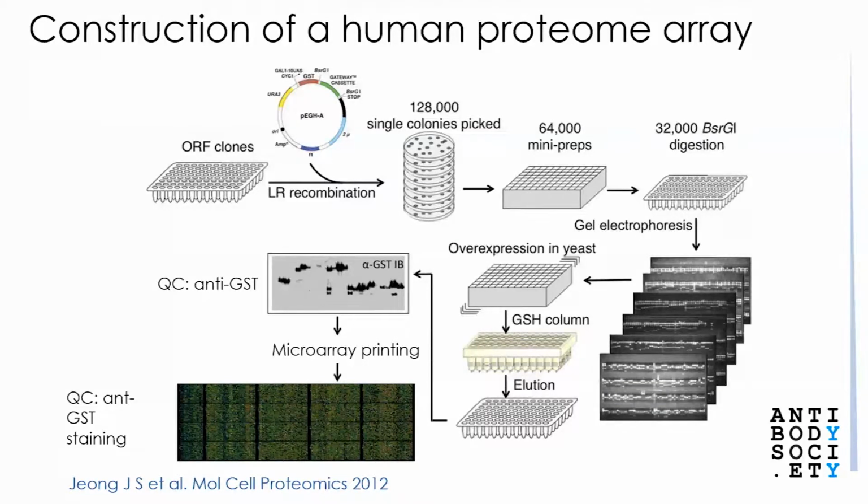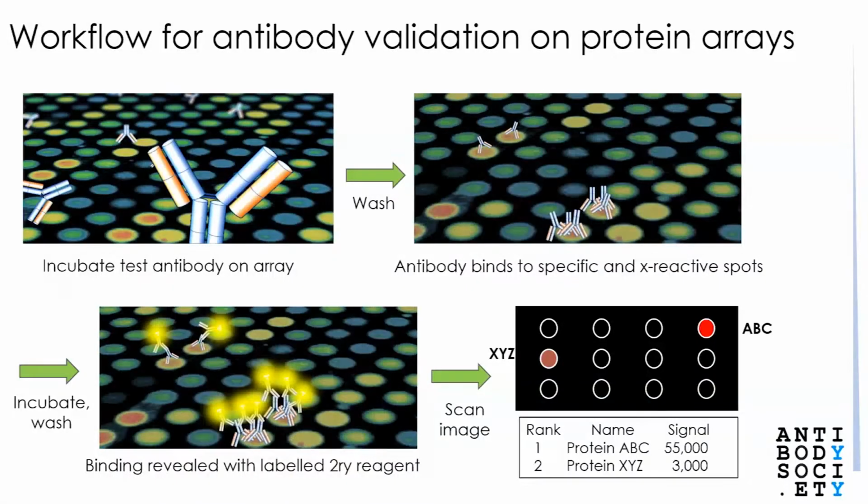Clearly, this is a lot of work for a dedicated team, so that commercial protein arrays are not cheap to produce. Though because of the economical printing and sensitive readout, a large batch can be produced from one protein production run. So now we get to how the arrays are used in antibody validation. And as shown, the principle is basically that of an ELISA,